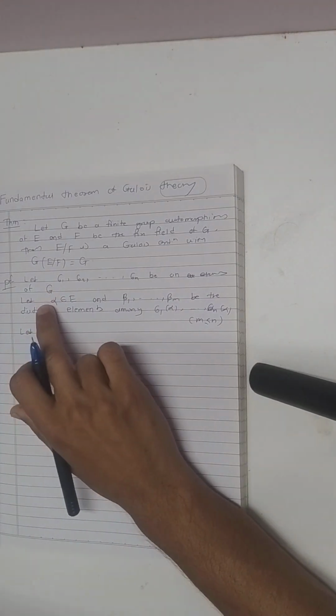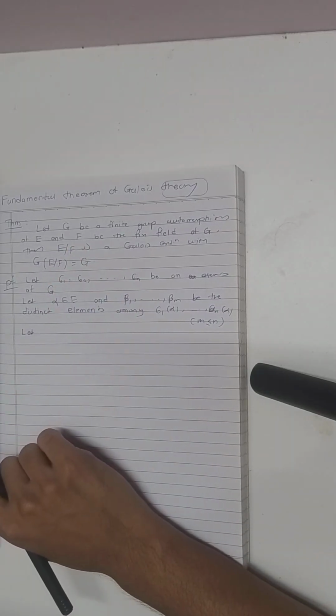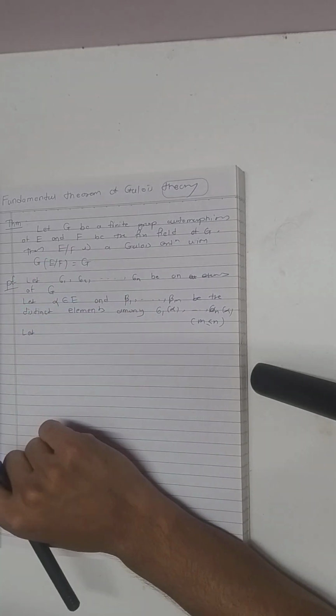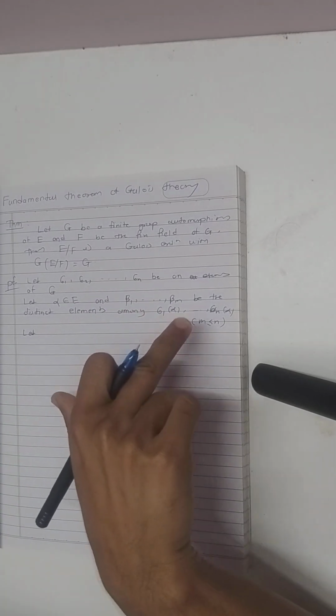And welcome. In this video, I am going to prove that given the finite group G of automorphisms from E onto E with fixed field F, there is an associated Galois extension E over F with Galois group equal to G. So let's say that sigma 1, sigma 2 up to sigma n are the elements of G, and we consider an element alpha of E, and beta 1 up to beta m